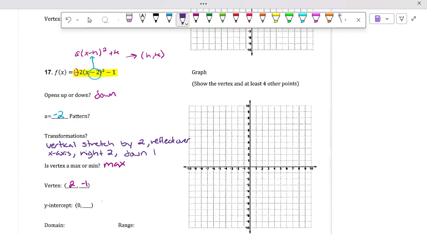All right, now, here's the part that I want to talk to you guys about. Okay, so there are 2 ways of graphing it. All right, some people like me are a table person, where you just make a table, get some values. But other people are a pattern person. So I'm going to first make a table, and then we're going to compare when I show you how to do the pattern. Okay? So if I make a table,